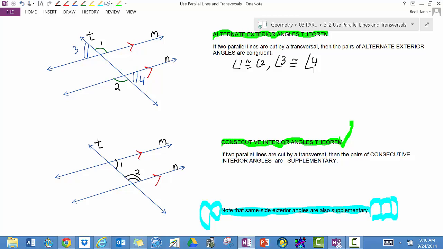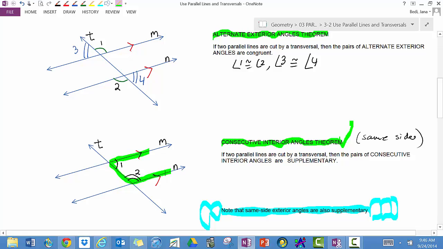Consecutive interior angles are also known as same side interior angles. And this time, if you try to see, they are both within the C, and this time the difference is that they are supplementary. So what we would write is measure of angle 1 plus measure of angle 2 equals 180 degrees, and